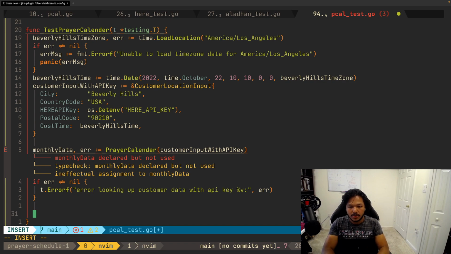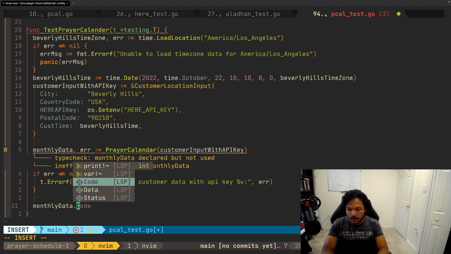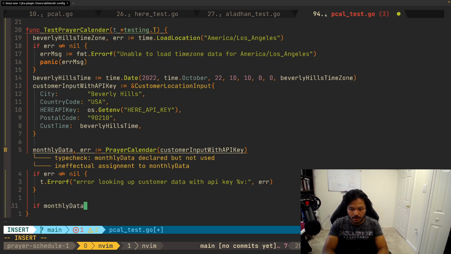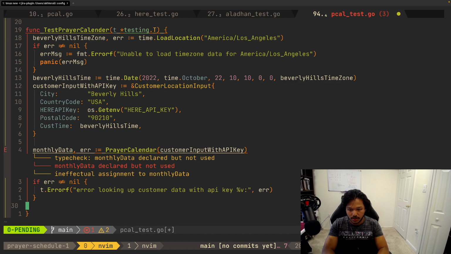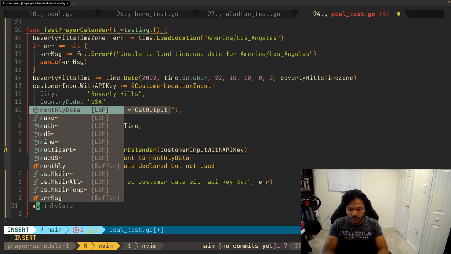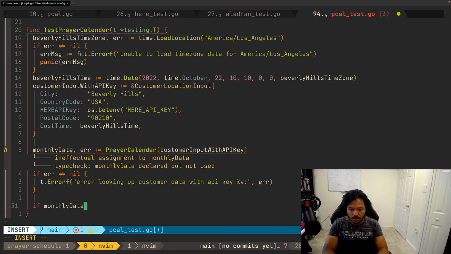Right, so monthly data dot, if monthly data dot code is not equal to 100. Well, I don't know what it's supposed to be actually. I'll test it out with 200. So if monthly data dot code is not equal to 200,